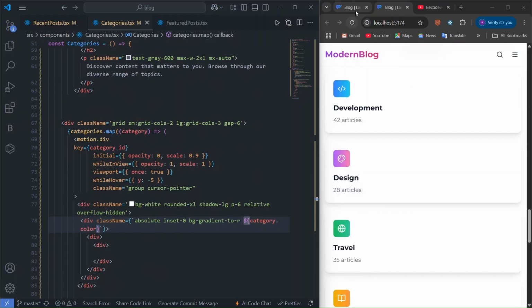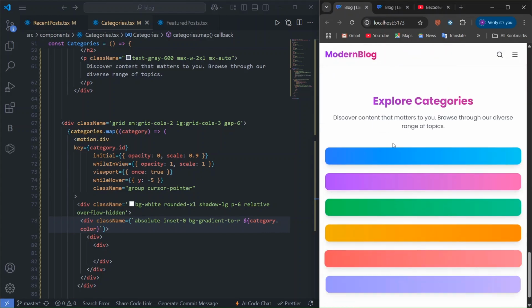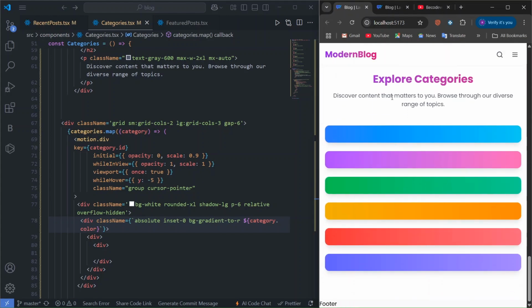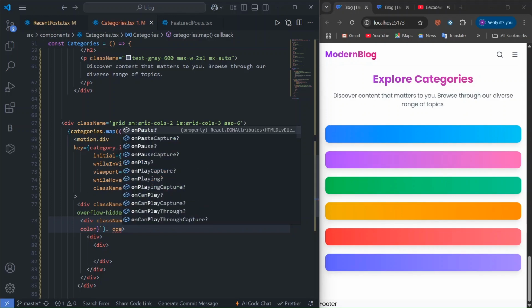So go to our running localhost, and we can see that the background category color has already been taken, right? How cool it is with the beautiful animation. Now we have to make the icon small and all these things, right? So we will make the opacity